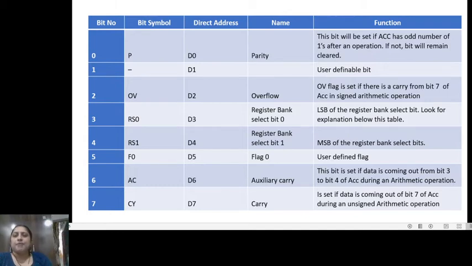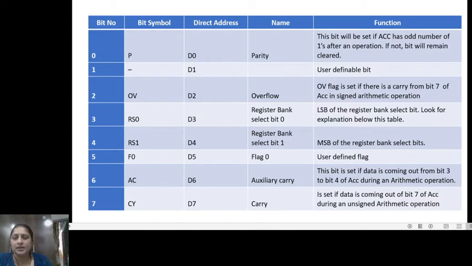Then bit number 5, F0, is a user defined flag bit. Then we have the next bit number 6, D6, that is the auxiliary carry flag bit. This bit will be set if there is a carry from bit number 3 to bit number 4 during BCD operation. And the last bit is the carry flag bit, that is the D7 bit.